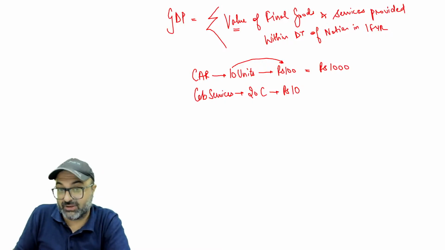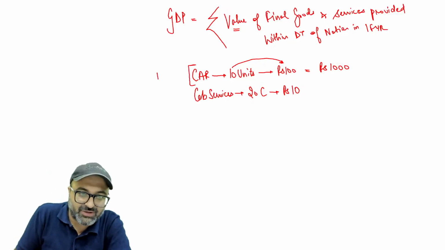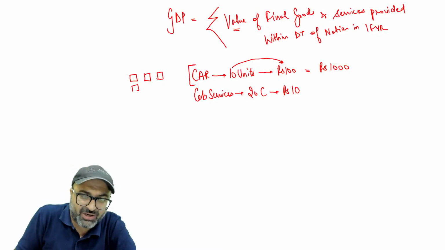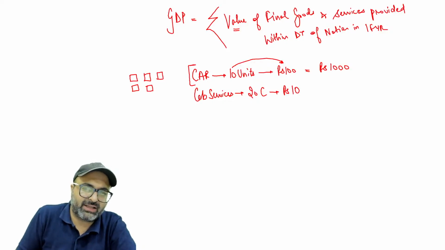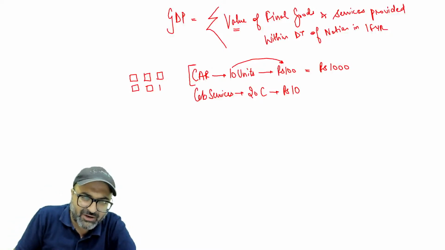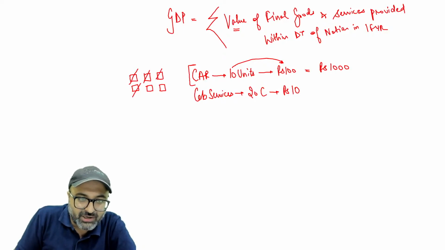So 10 into 100 is going to be the total value of final goods. Final good means the car is the final good. The car must have been installed with seats, an engine, pistons, along with n number of screws. Then the car is installed with the entertainment setup, and the car also includes tires. So I am not adding these goods because these are not the final goods. What is the final good?